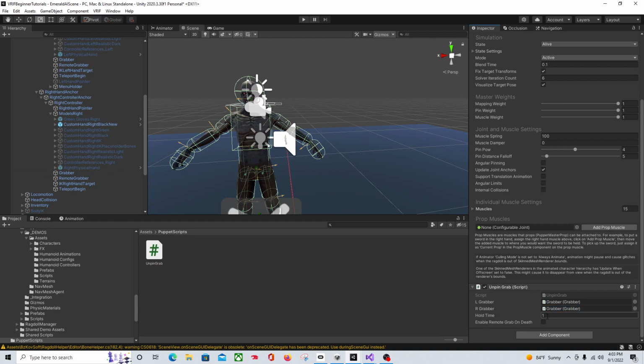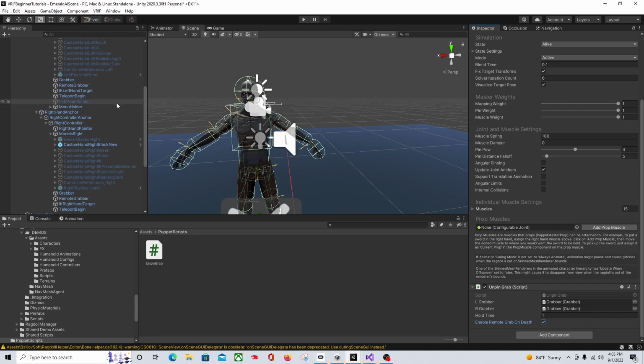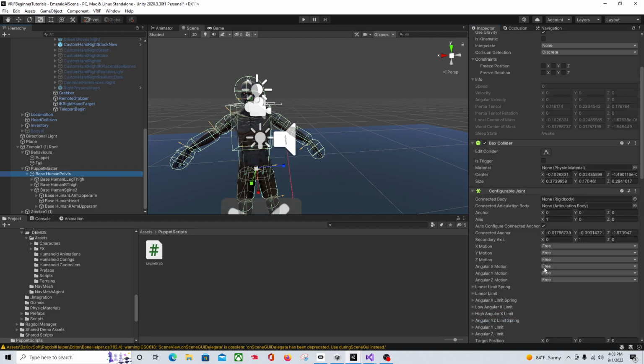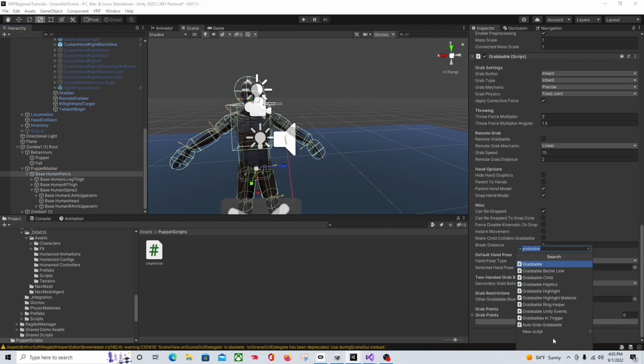This is where you can set the hold time. So right now I've just got it set for 1, but you could go for anything that's a float value, and then enable remote grab on death. If you want him to go remote grab when he dies, you can check that as true. So now let's go down to the grabbables that we made. So we had his pelvis, right? So let's just add a component,